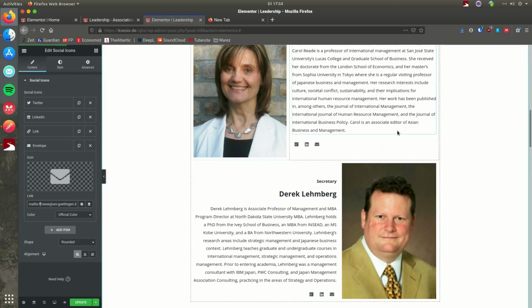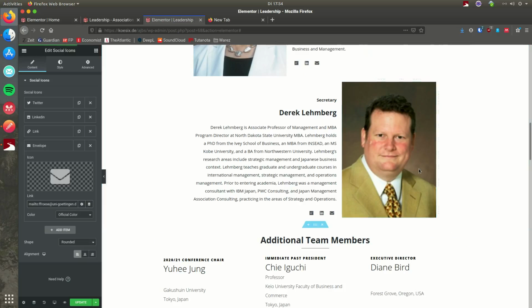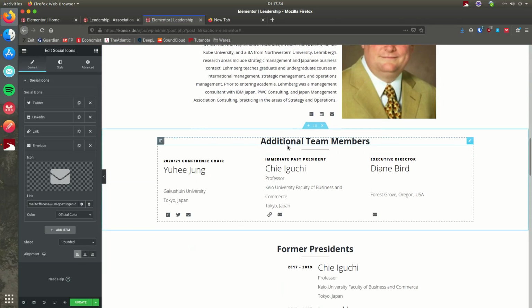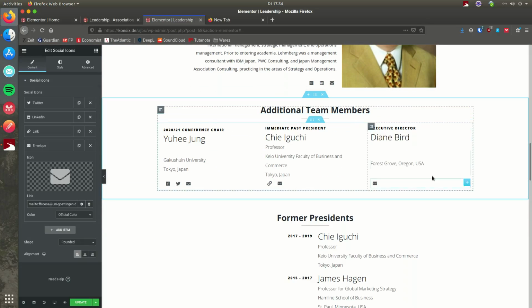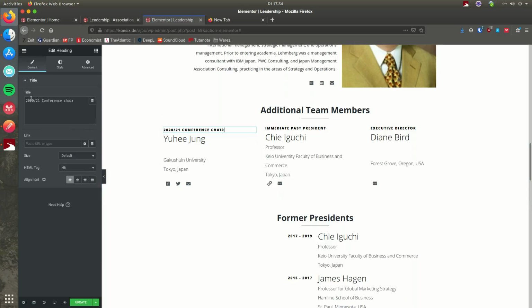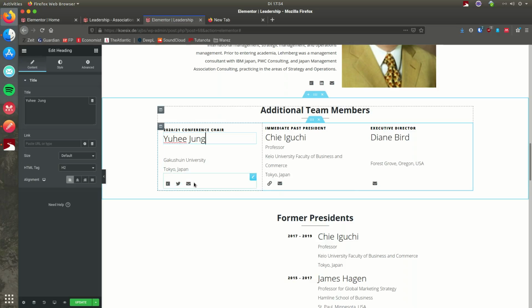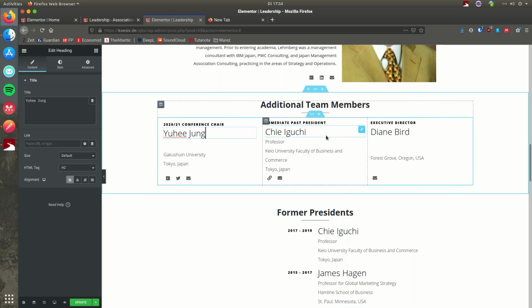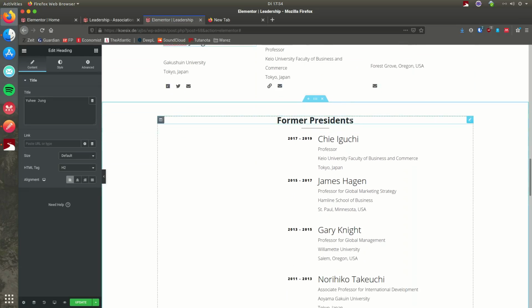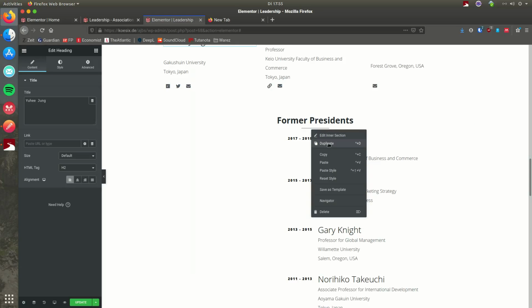Okay, this should all be easy, so you will just change these every few years. Here we have the additional team members. I think this is also pretty easy to change. You also have all these fields you can just change over here, and this is the same as above. Here we have the former presidents. A thing I would recommend you here, for example, is to take this section, click on these 6 dots and just say duplicate,